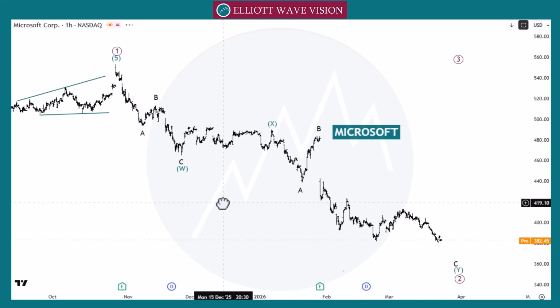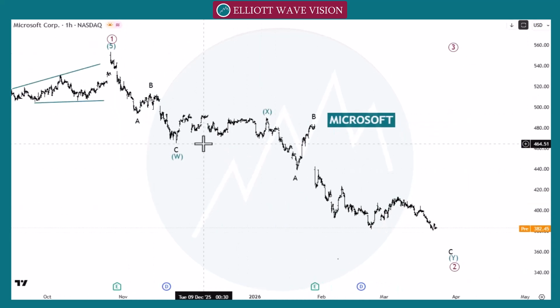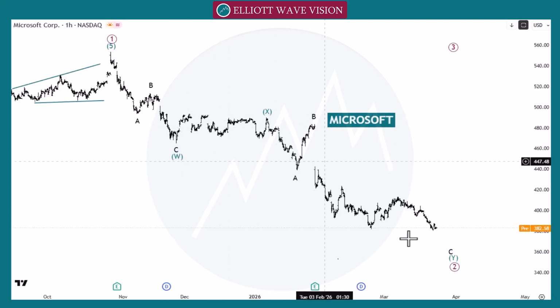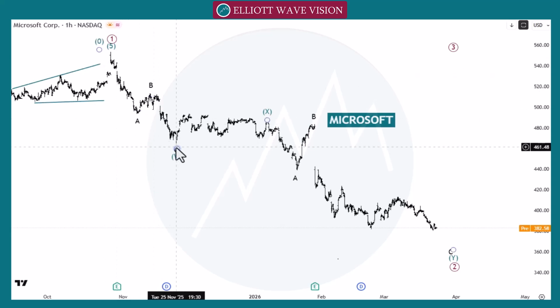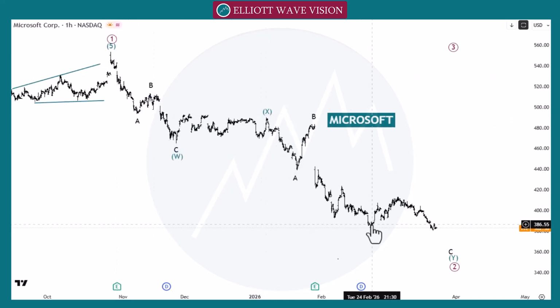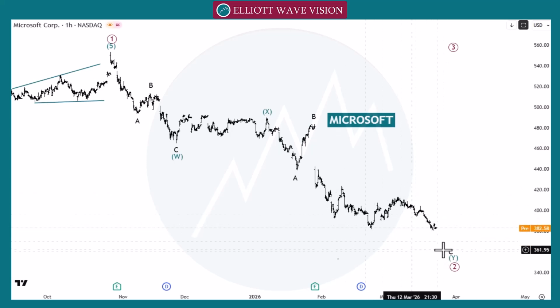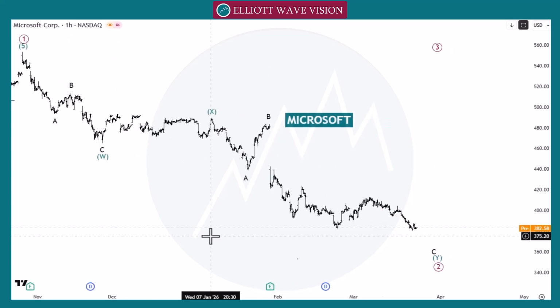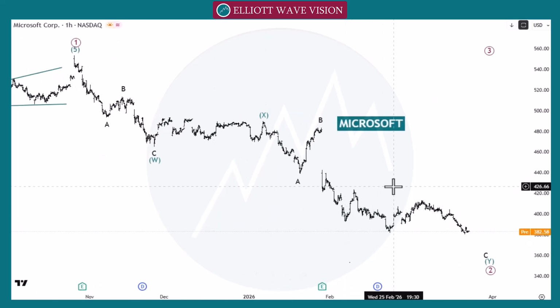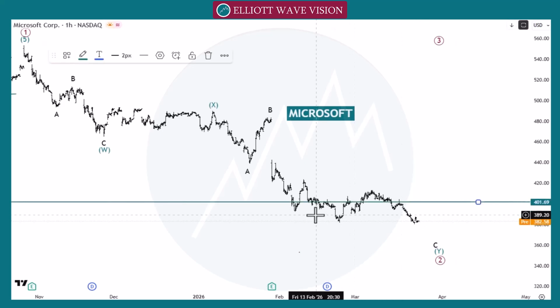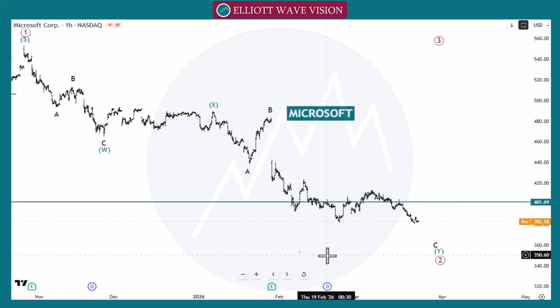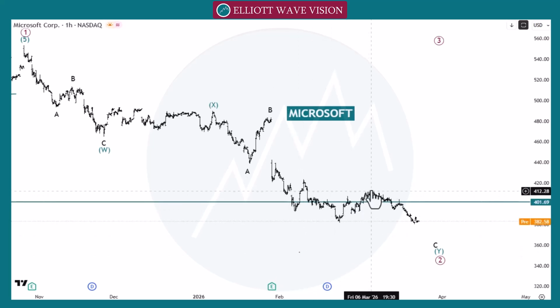So in 1 hour time frame, after this brown wave 1, we count this structure as a W, then X and then Y. Or we can count this move as a 1, 2, 3, 4, 5, as a wave A, wave B, 1, 2, 3, 4, and 5. We can count differently. So market give us the classic trading level pattern at 400. At this point, market cross this point creates low. Like market not stop at the level directly creates low at this point, then A, B and C the correction,